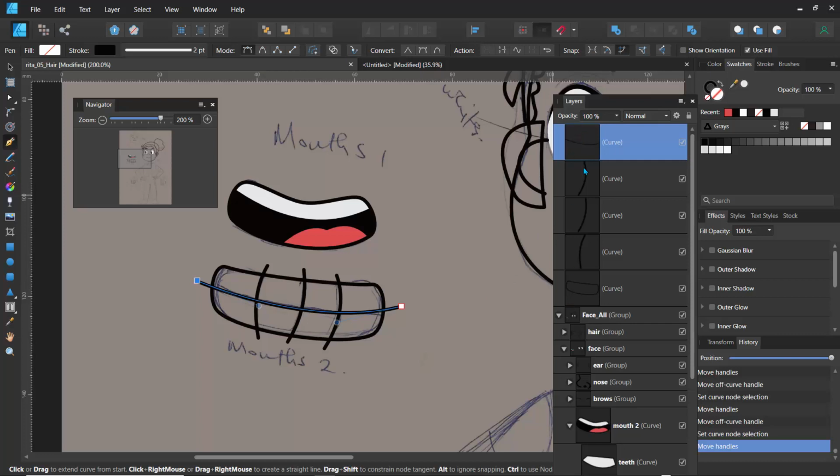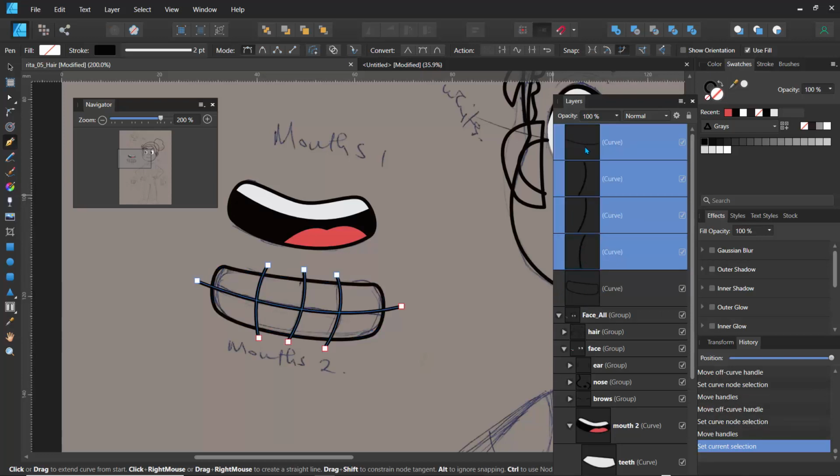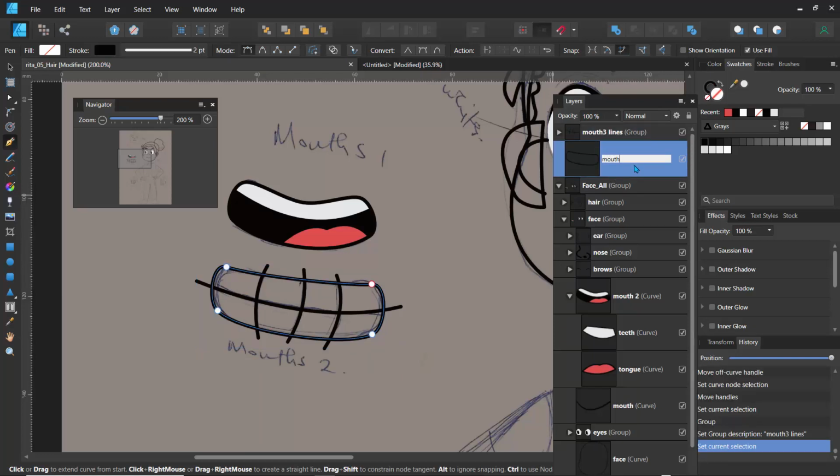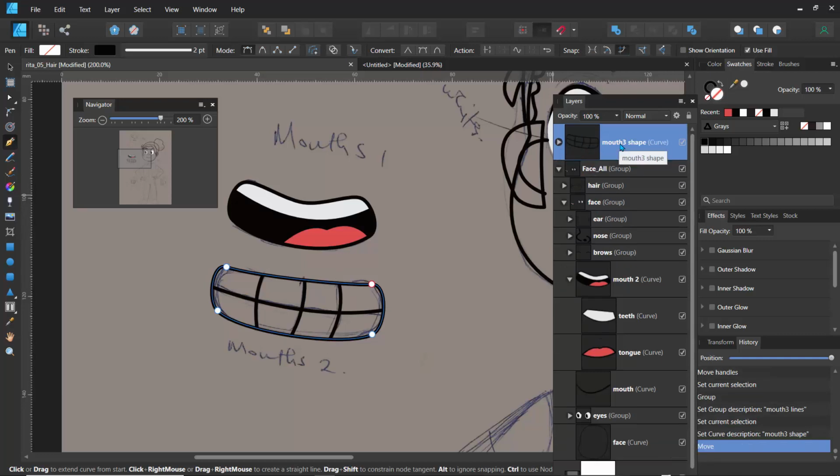So now what I'm going to do is to make sure all these are clipped within the mouth 3. So I'll hold this one, hold shift, click on this and hit Control G. And here in this group, I'll just call them mouth 3 lines, because these lines are supposed to be in the mouth 3 lines. And now that I have that, I'll call this mouth 3 shape and hit enter. Now I'll drag the entire mouth 3 lines into the mouth 3 group,